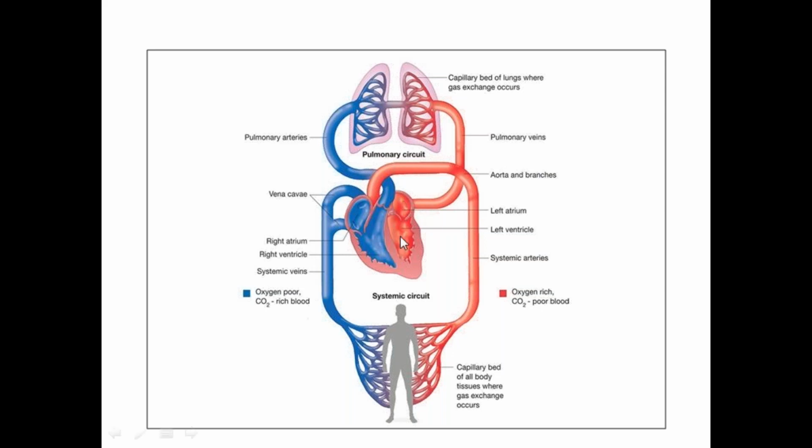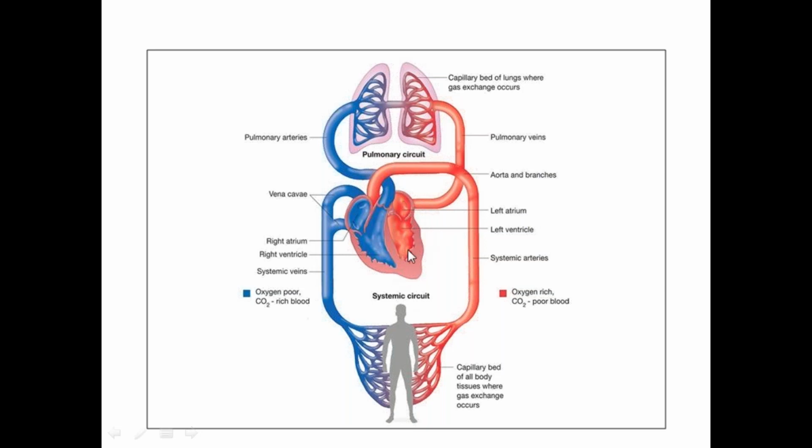Suppose there is some degeneration process in the left ventricle, and because of this the left ventricle is not able to pump enough blood into the aorta, into the systemic circulation. So what happens is the left ventricle is able to eject some amount of blood, and some amount of blood remains collected in the left ventricle. Now with one contraction, some amount of blood was ejected into the aorta and some amount remained in the ventricle. Then the blood which is coming from the atria also comes, and the blood which has been collected in the ventricle is also present. So the amount of blood in the left ventricle will increase.